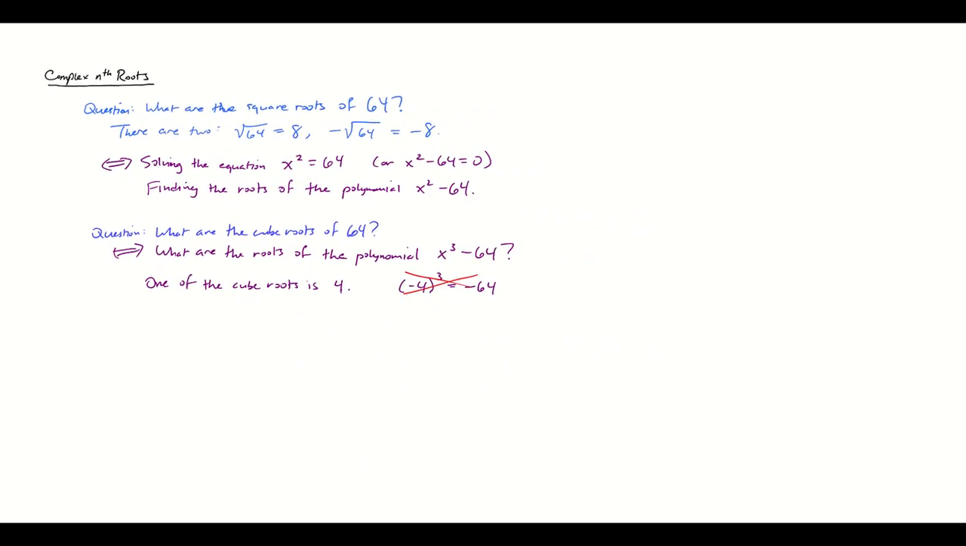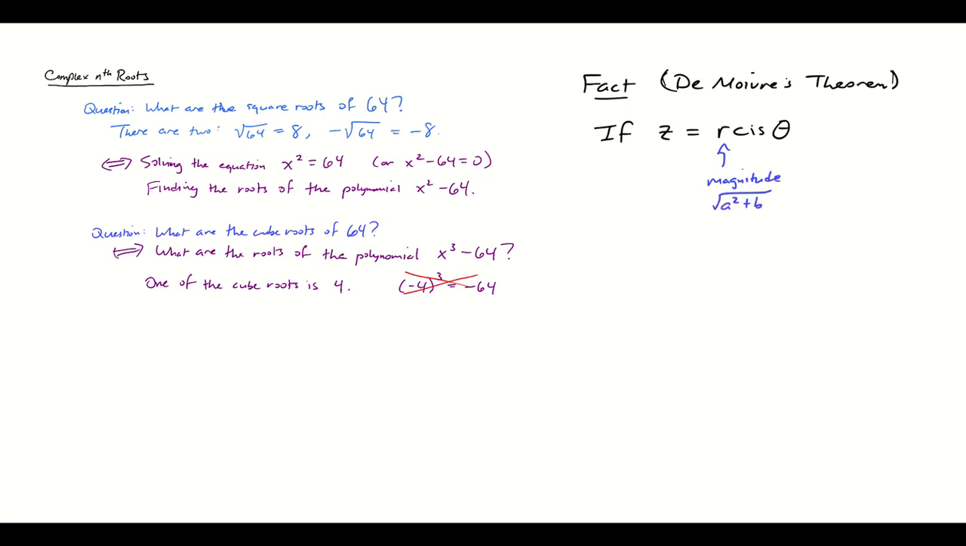So now let's talk about how we find those. In a previous video, we talked about the fact that, and this is called de Moivre's theorem, if you have a complex number expressed in polar form, z equals r cis theta. And just as a reminder, r is the magnitude of the complex number. That's the square root of a squared plus b squared, where z is a plus bi. And then theta is the argument of the complex number. Let's write that down. So this is the argument. And I'm not going to write down a formula for it, but I'll just say it's the angle measure from the positive real axis